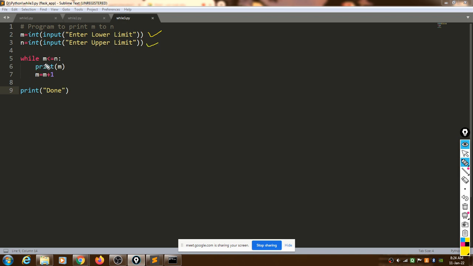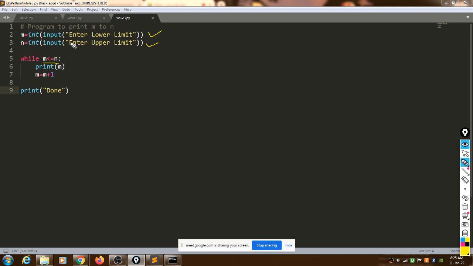What is the conditional expression? While m less than equal to n, we start from the lower limit and check the value up to the upper limit. If the value is less than equal to the upper limit, we print it, otherwise we want to skip it and take control out of the loop.